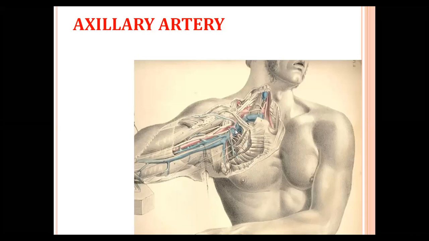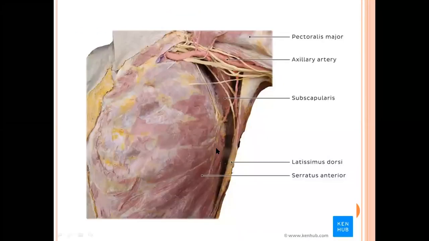Then this is the armpit, axilla, which contains the axillary artery, then the axillary vein, and whatever round nodules you are finding here, those are the axillary group of lymph nodes. So now let us discuss in detail the axillary artery. This part, which has been stained in red color for you, is the axillary artery.